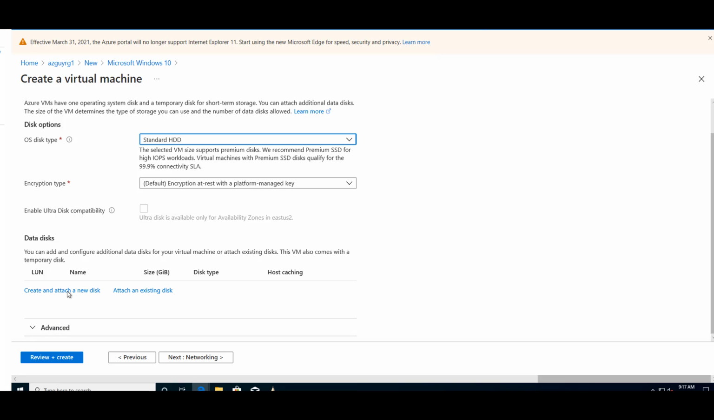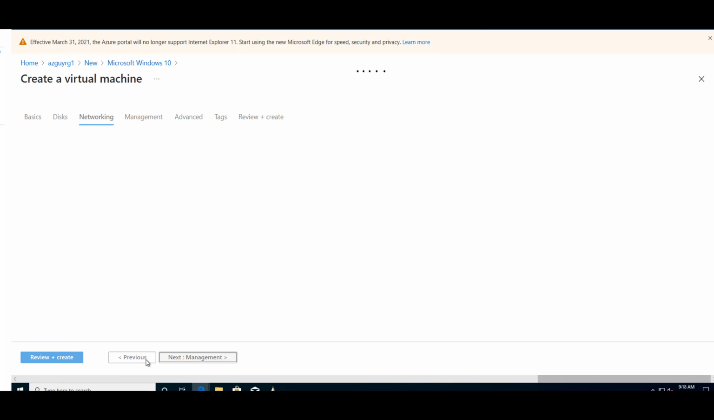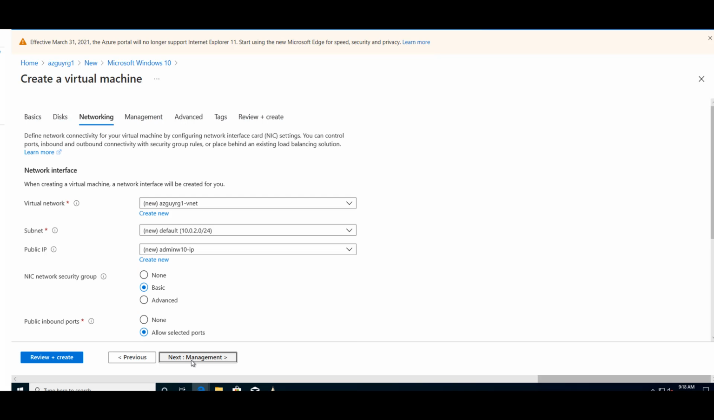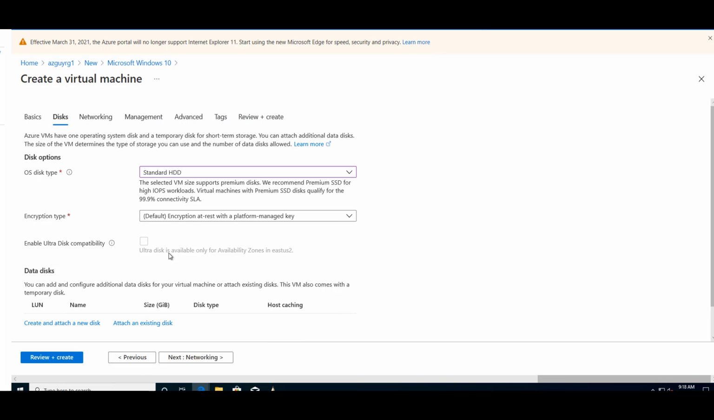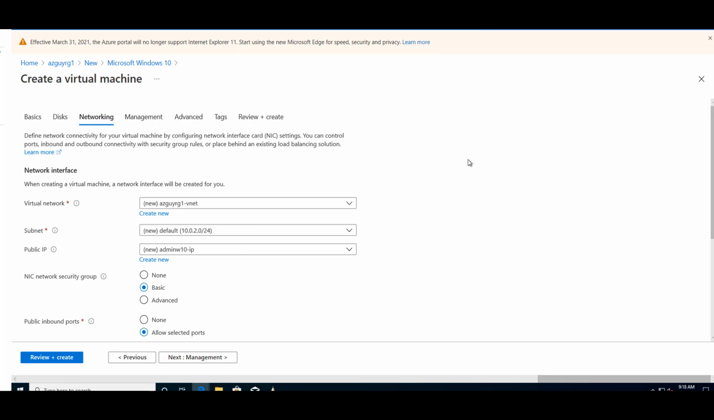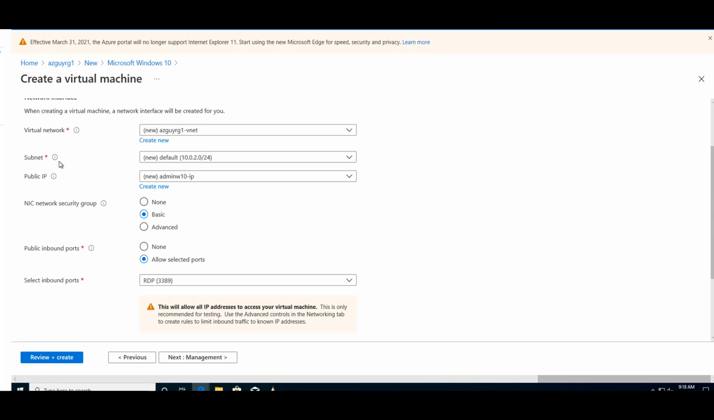So here's where we can add more data disks. We're not going to. This is where we get into our network. Notice that you could. I went into the next one, but I'm going to go back one. Notice you could review and create right here without defining any networking. And that's where Azure will create the Vnet and the subnet for you. A little dangerous there. I think you should define those. So the subnet,